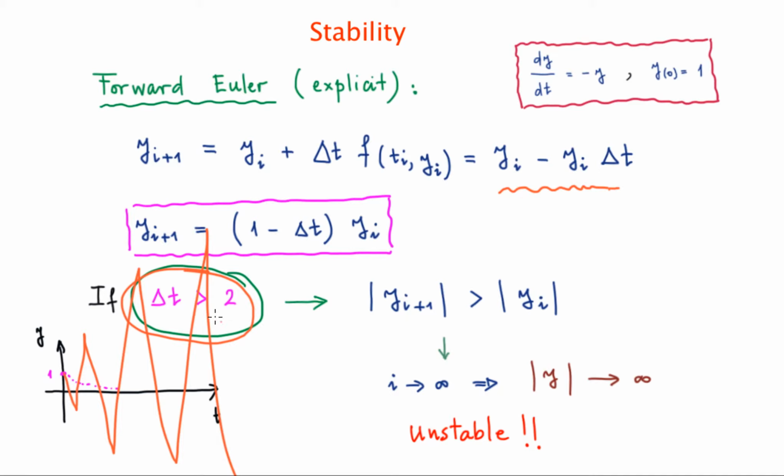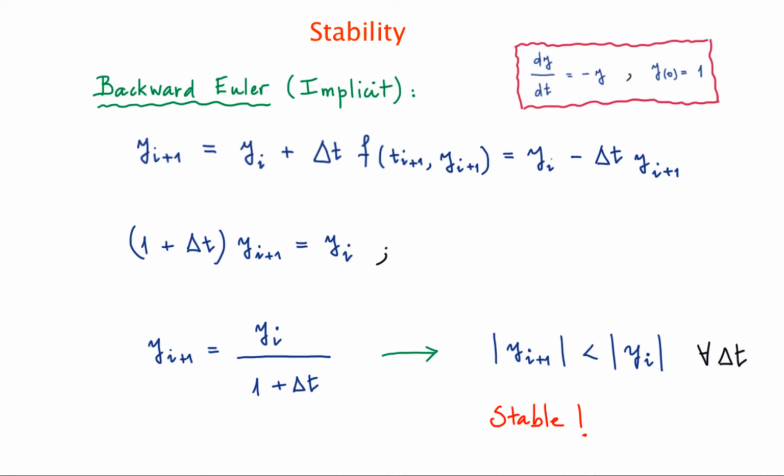Of course, when you are considering time steps smaller than these ones, you don't have such an instability problem. The instability problem in this case only arises for a particular range of time steps. So this is the behavior of the forward Euler method with respect to stability, and let's see what happens with the other method,